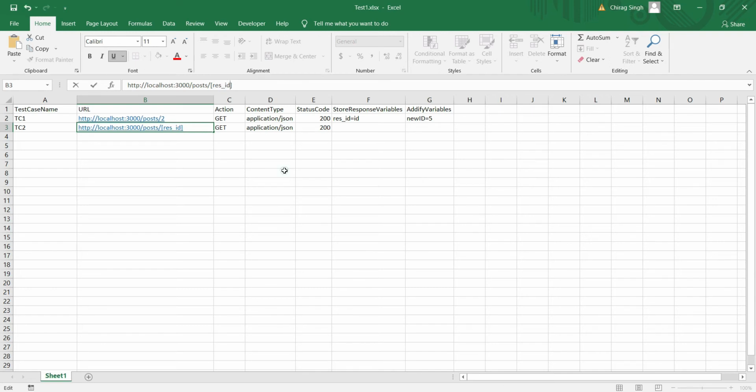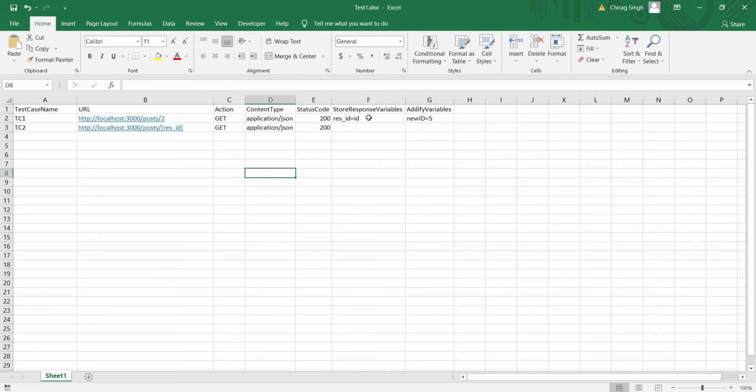Okay, and save it. So what it will do is get the data from the response and store it in this res ID, which is a variable name, and we pass that res ID in our URL.